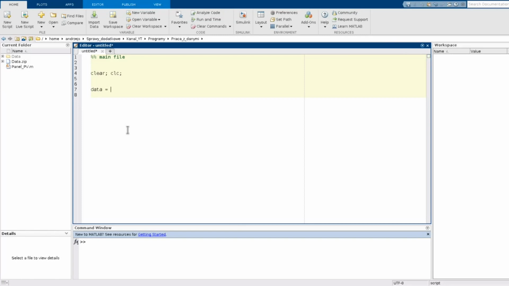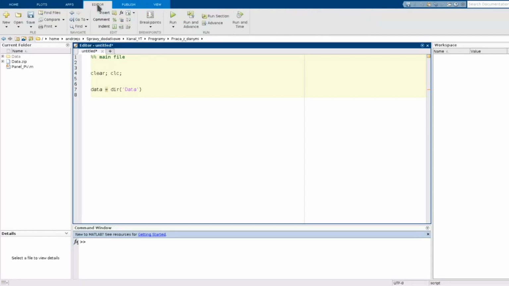The function is dir, for directory, and then I need to place here a path to the directory. Because my directory is directly here, it is just the name of the directory, data. Let's have a look at what this function returns.